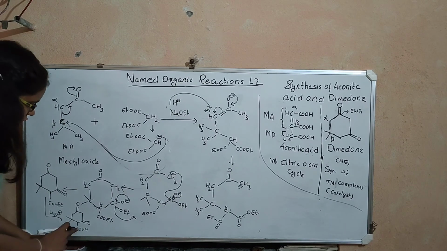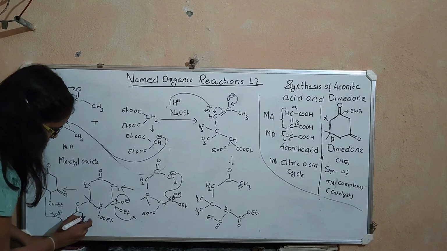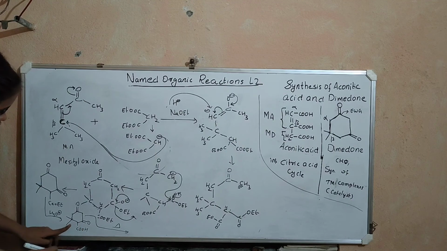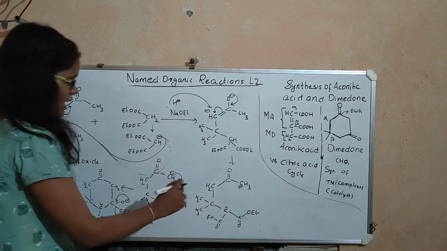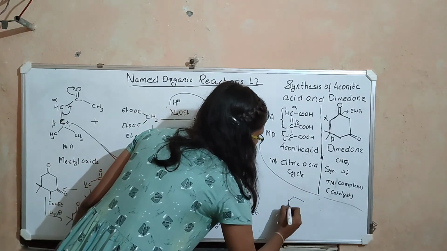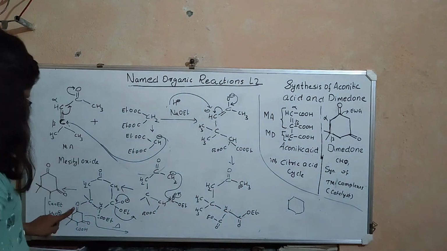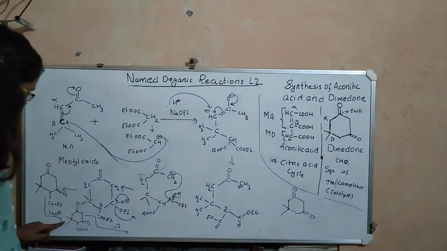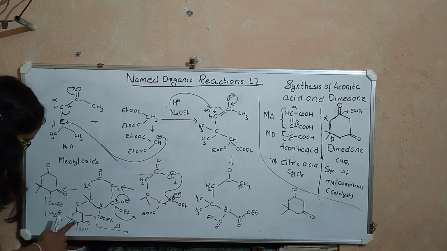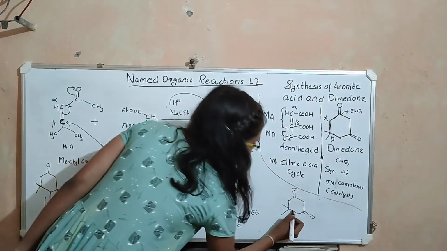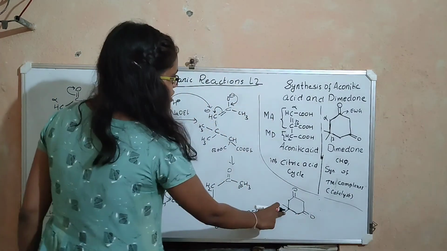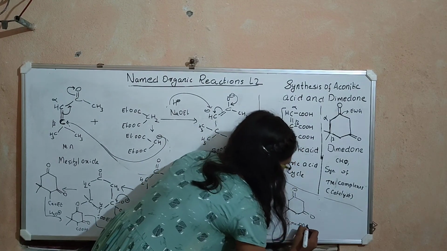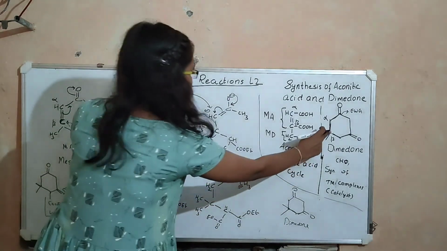So if you want to remove this carbon dioxide from it, you have to carry out decarboxylation. That is, you simply have to heat it a little and the CO2 will be removed. So what you get is, I'll write it here. After decarboxylation, you get a double bond O at this place and two methyl groups at this place. This CO2 will be removed. This H plus will attack this carbon. Okay. So this becomes CH2. So this is dimedone. Okay. And this is how you synthesize dimedone using the Michael addition reaction.